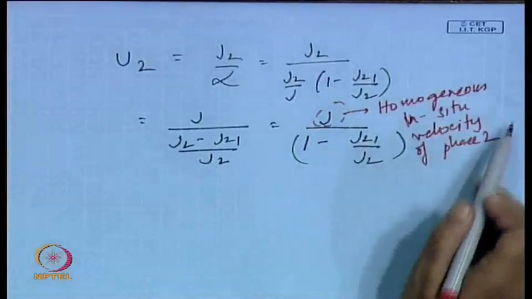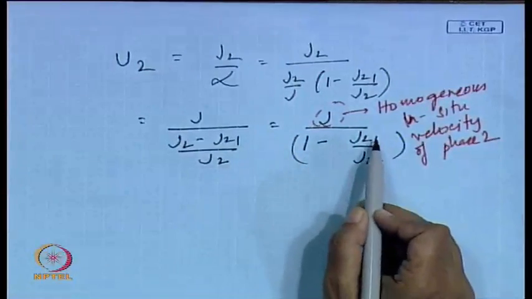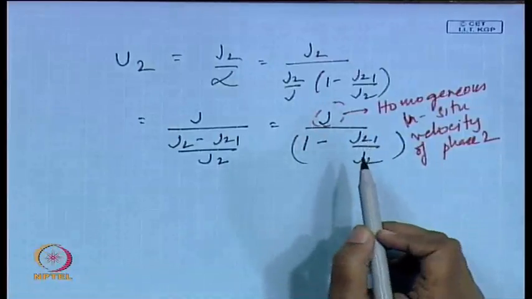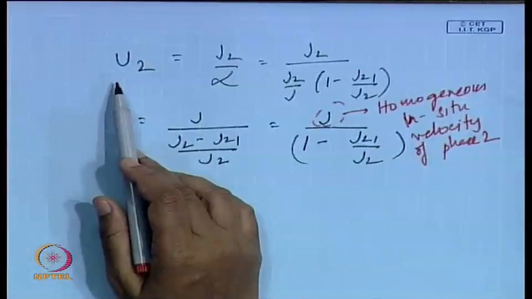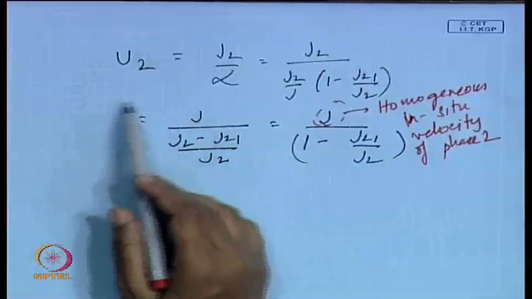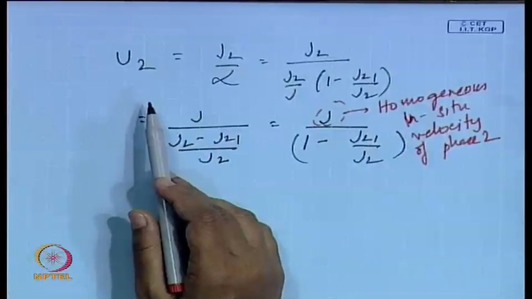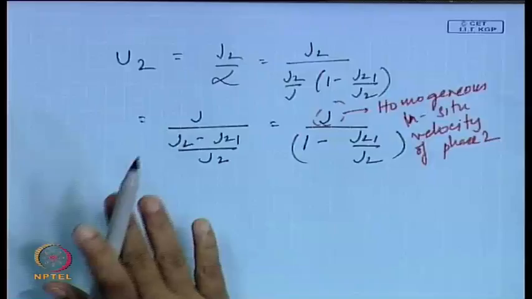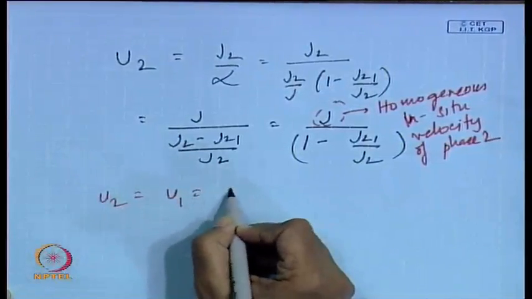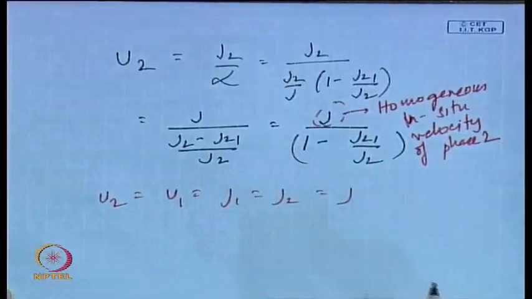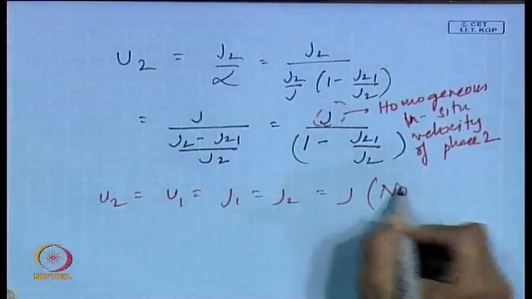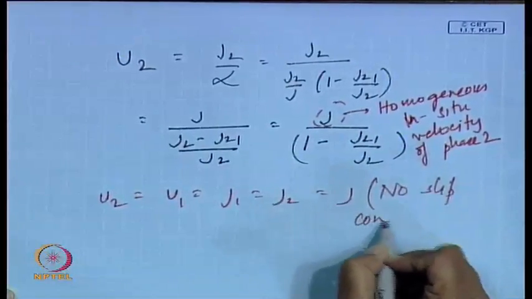So, with this homogeneous in situ velocity, if this particular correction term is multiplied, then we can get the actual velocity, and definitely it will be a much better approximation of the actual situation. Okay. So, what we have done? First, we have tried to see how the drift flux concept modifies the homogeneous flow theory. Homogeneous flow theory assumes u2 equals u1 equals to j1 equals to j2 equals to j, or in other words this arises from the no slip condition,